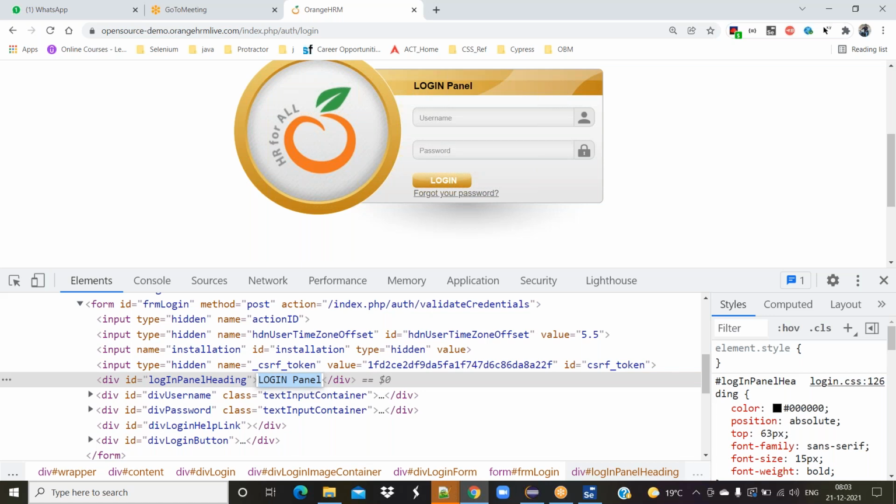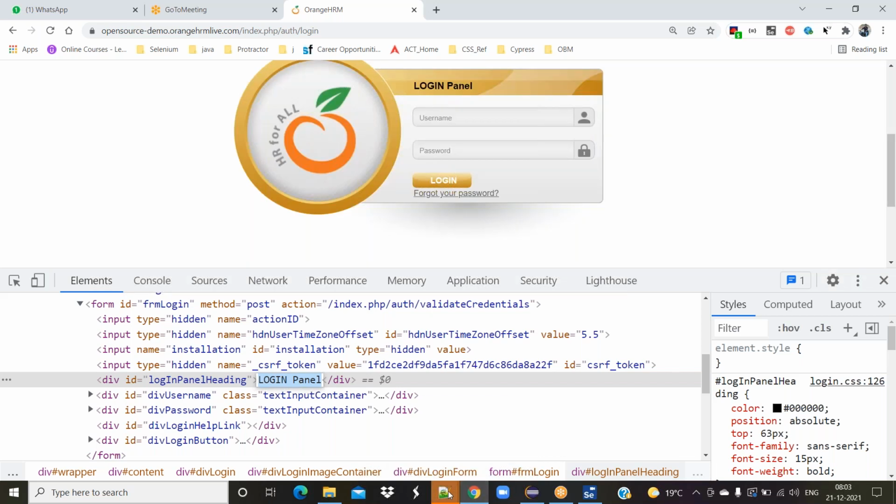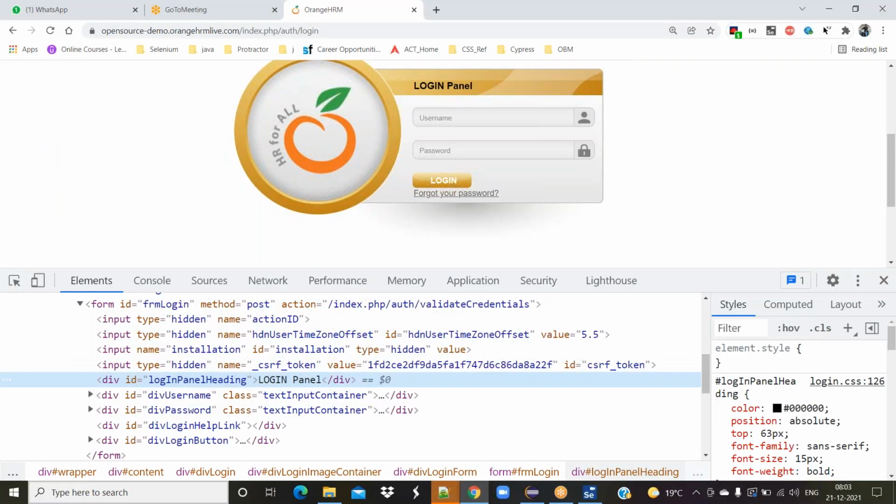How is it used in a script? Yes, this is one kind of locator. Like how we are using ID, class, name attributes, this is also one of the attributes we use in our scripts to identify an element.